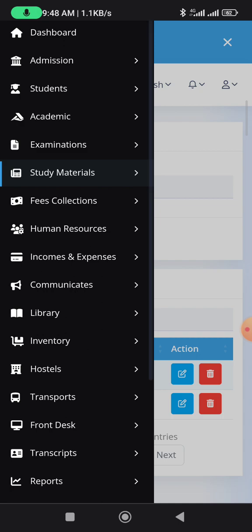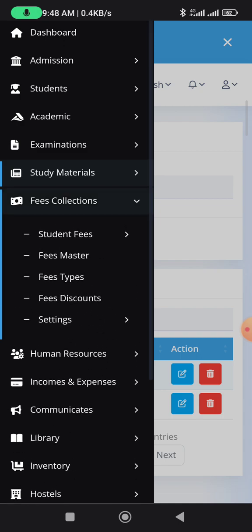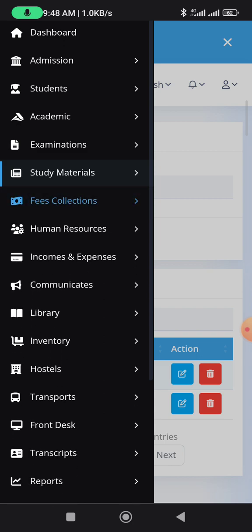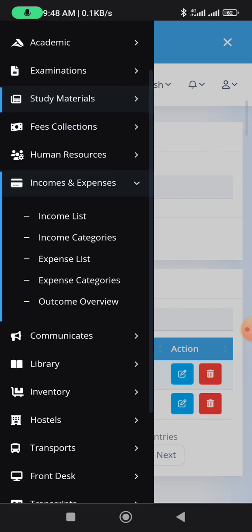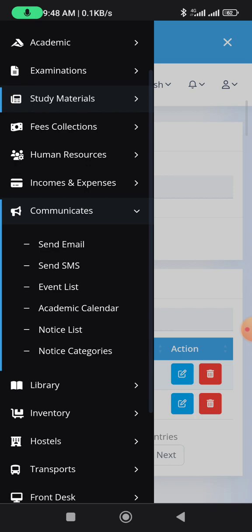And then the fee collection. Currently the portal doesn't support online payment, so you can quickly use these features to manually input the online payment, the fee collection details, but we are working on it. So you can also use the income and expenses. Then the communication, if you want to send an email,